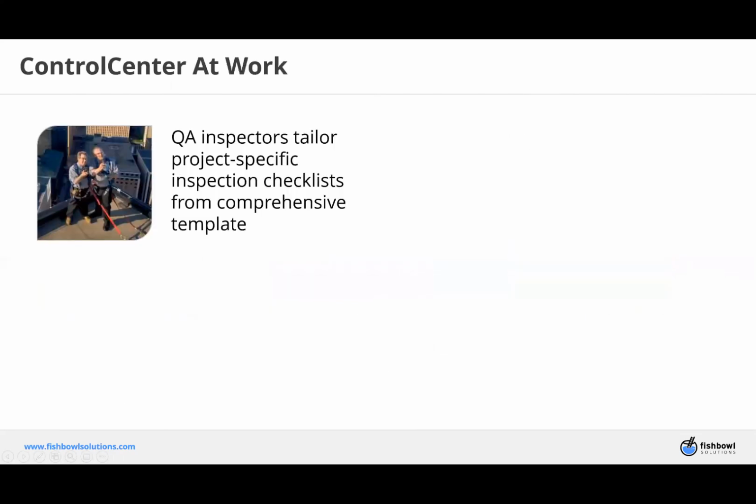So the last thing I was going to show before we jump into the show and tell is to just give you an idea of specific people at Ryan, what they might do on a day-to-day basis as they interact with ControlCenter. So for example, someone who's a QA inspector may log into ControlCenter and create an inspection checklist from